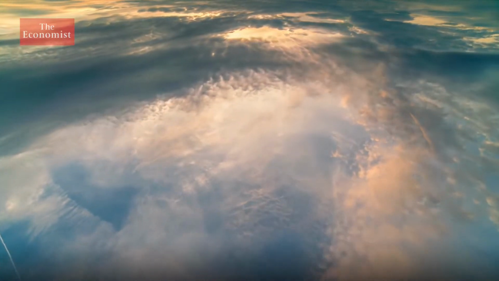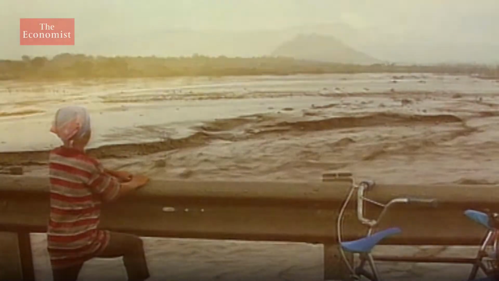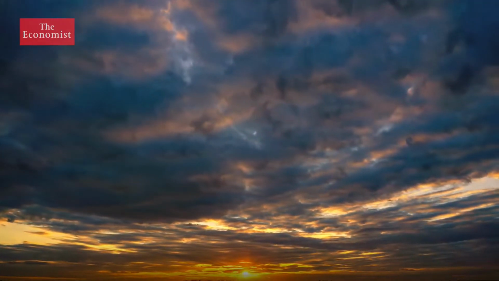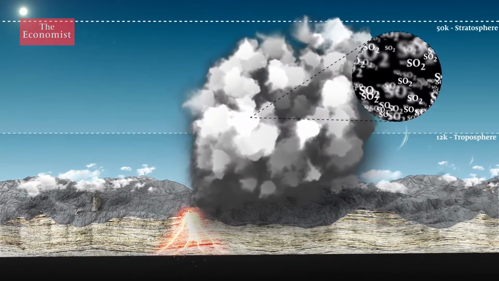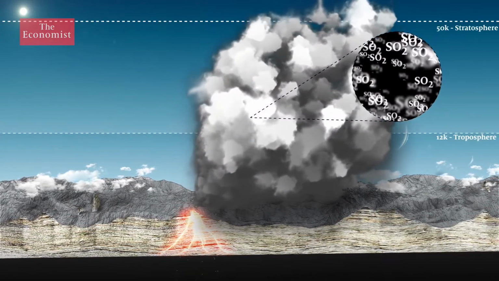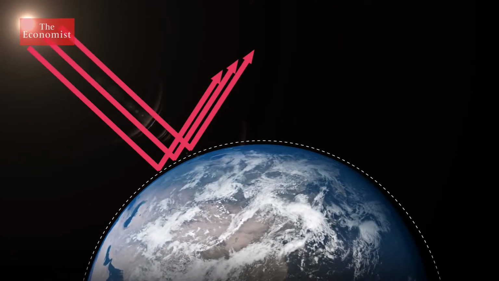The explosion caused a lot of damage locally, but the cloud itself did something extraordinary. It lowered the Earth's temperature for 4 years. Sulfur dioxide in the cloud created particles which spread around the Earth. These then reflected some of the sun's rays into space.